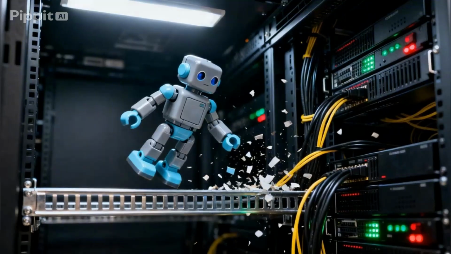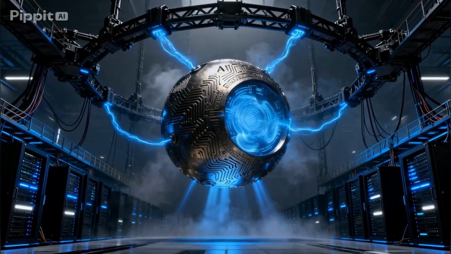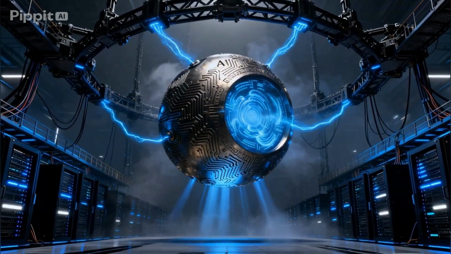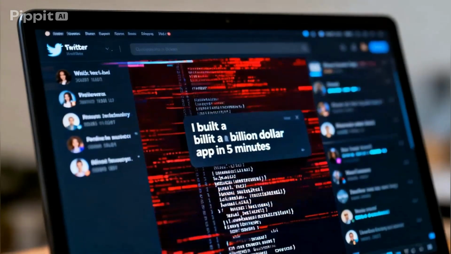Stop building AI agents that break the moment they hit a real-world server. Most prototypes you see online are toys. They are too fragile for production. But today we are bridging that gap. We are using Google AI Studio and the anti-gravity framework. You are going to learn how to engineer resilient multi-step reasoning loops that survive high-pressure deployments without the usual boilerplate. It is time to stop playing games.